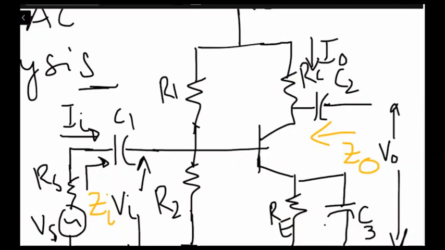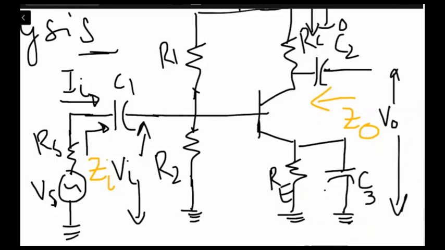And if you see, we have another capacitor which is connected in parallel to RE. Now this is called C3, the bypass capacitor, because for DC the capacitor behaves as an open circuit, right? So when it behaves as an open, this means RE is there for the DC analysis. But if we go for the AC analysis,